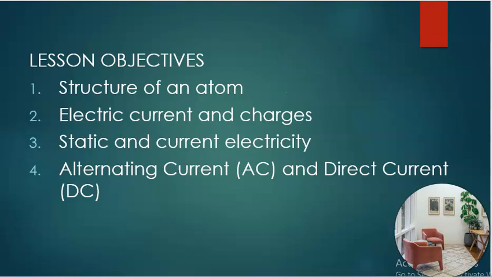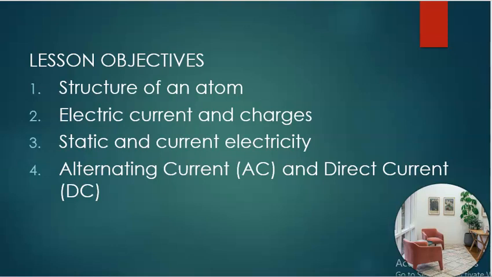In the last class, we treated electricity. In the lesson objectives, we discussed the structure of an atom, electric current and charges, static and current electricity, alternating current, and direct current. We drew the structure of an atom and showed the three particles of an atom: the proton and neutron in the nucleus, and the electron at the shell. We differentiated between electric current and electric charges. We said electric current is the movement of charged particles, basically the flow of electrons. And electric charges, of course, is the accumulation